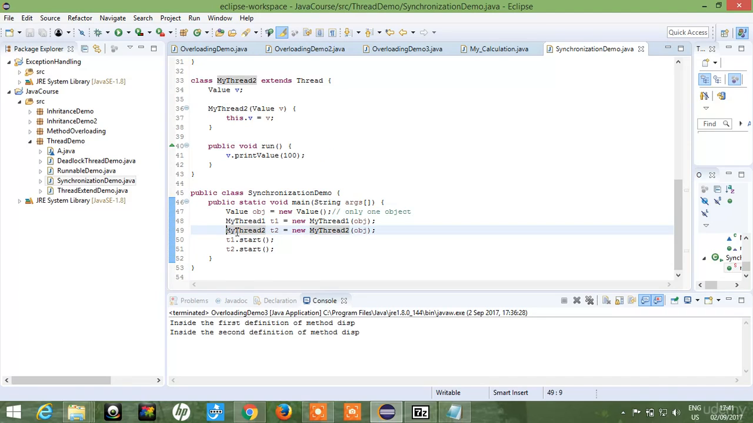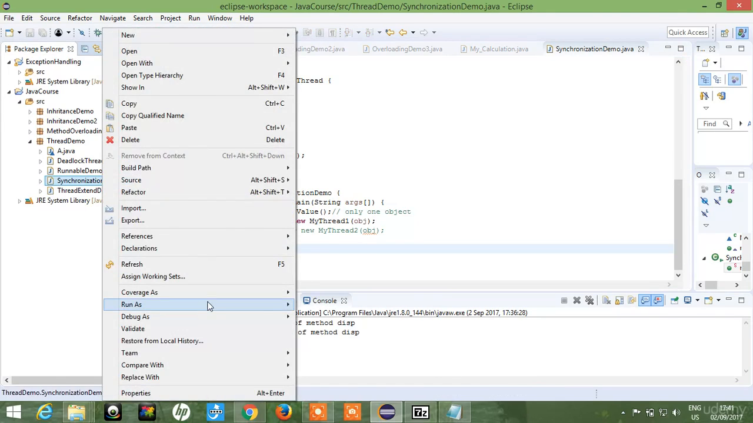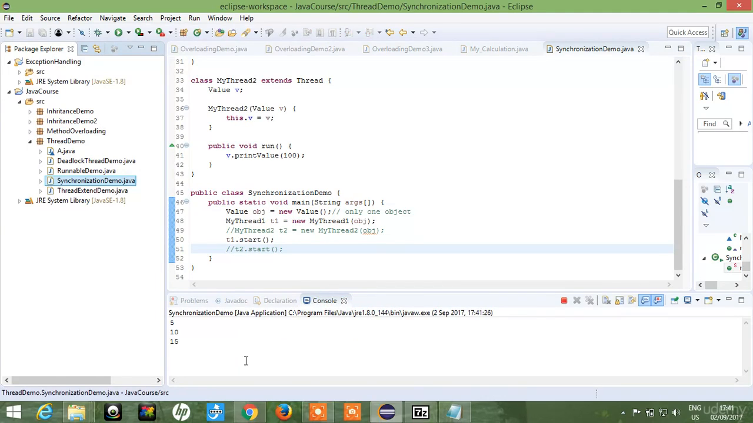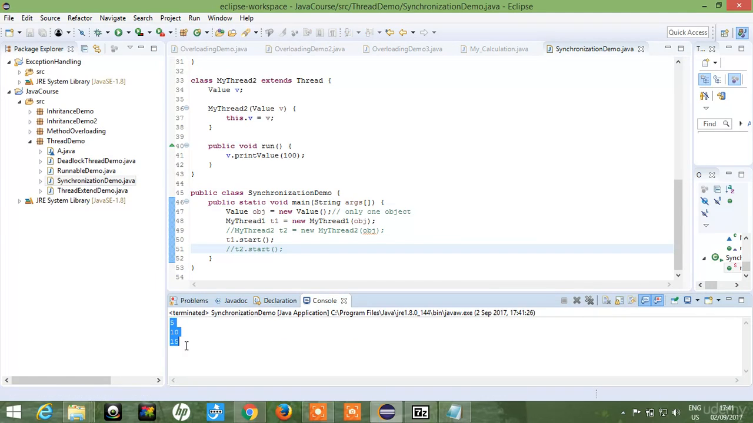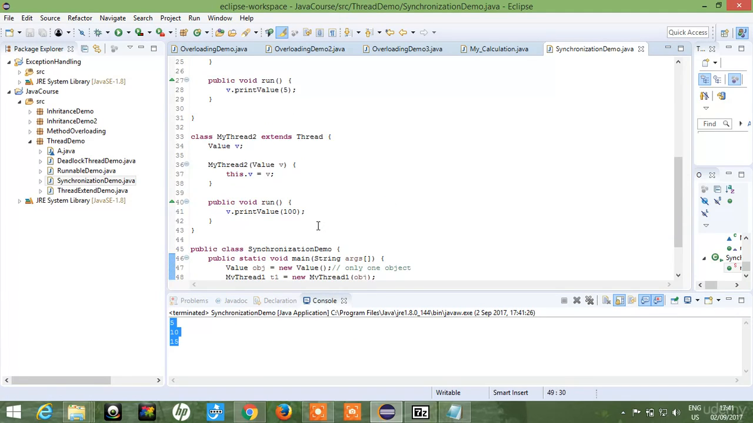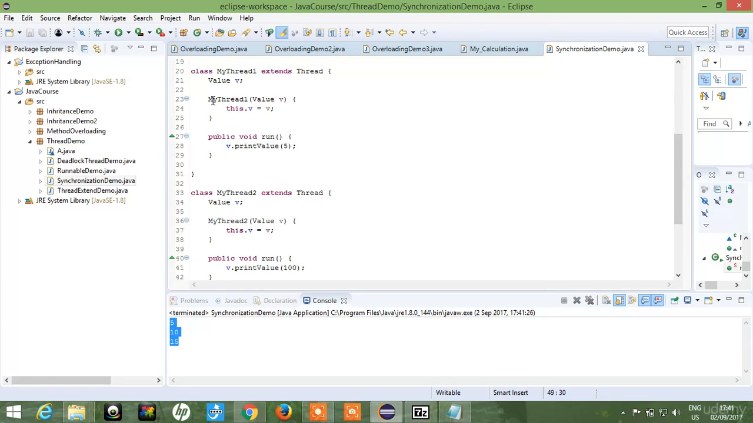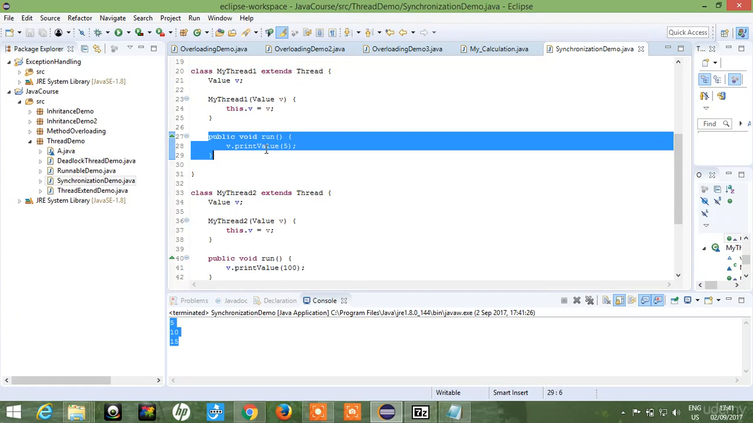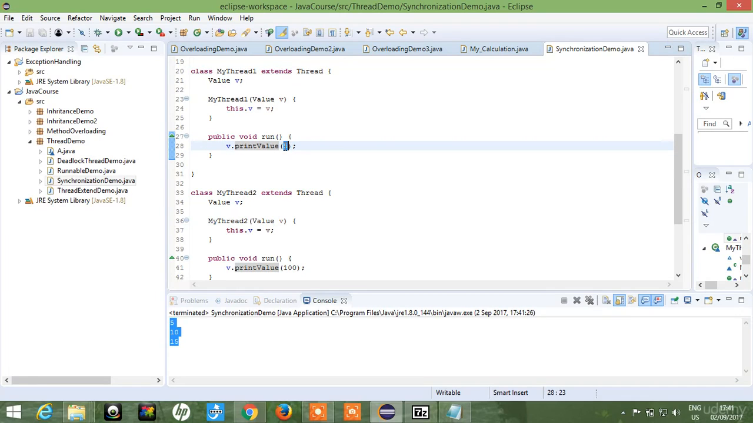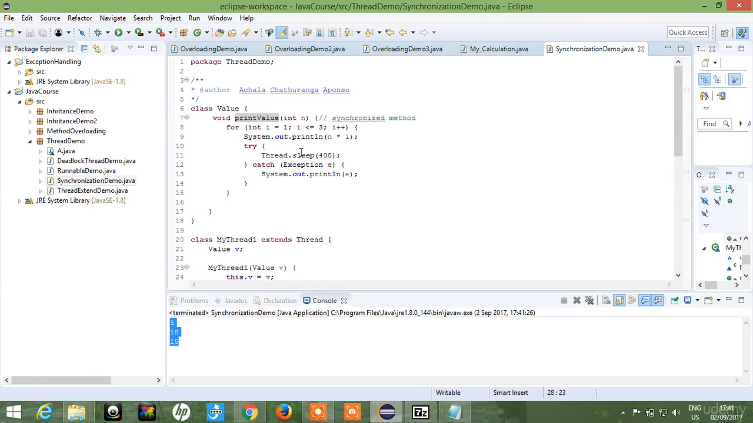So we have created two threads here. Let's comment one. If you run this example, you can see 5, 10 and 15 are printed. So in thread 1, if we start, this method will be executed. The value that is passed is 5. So when 5 is passed to the printValue method,